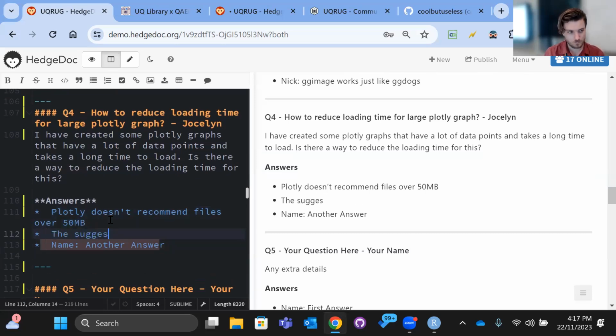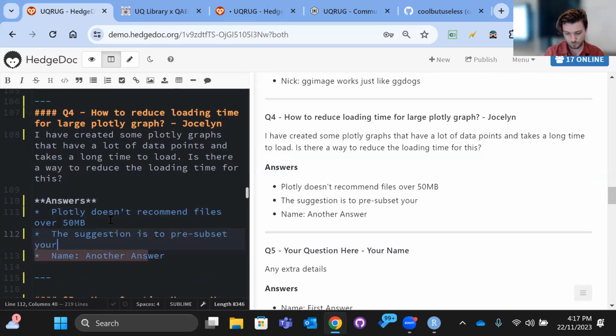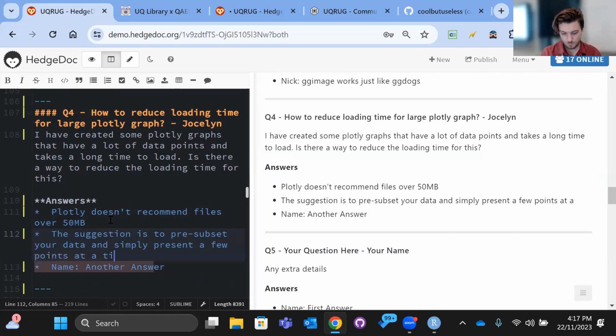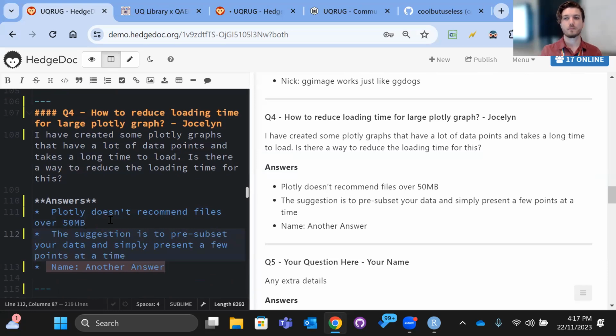The other thing is this called DyGraph. Apparently it's for R, and you can do range selection with it, but it's not very good. I mean, you can use Plotly in Python as well.